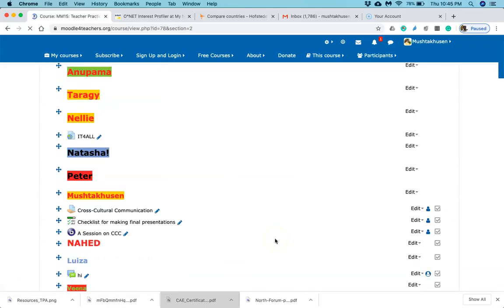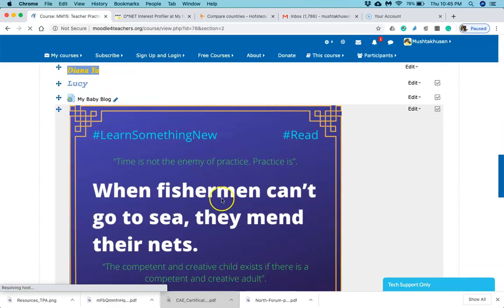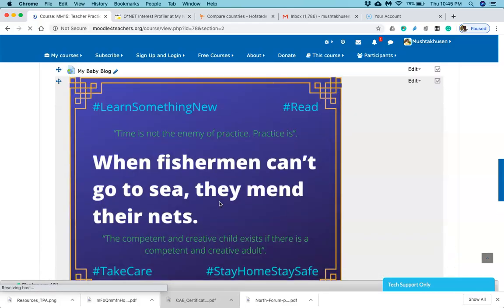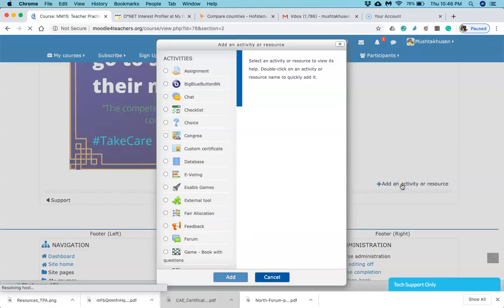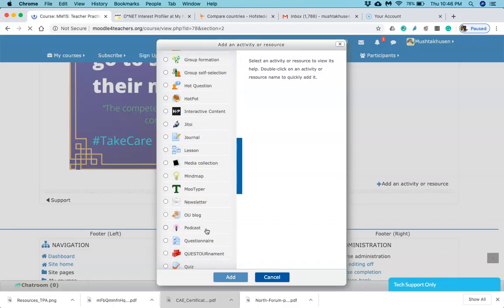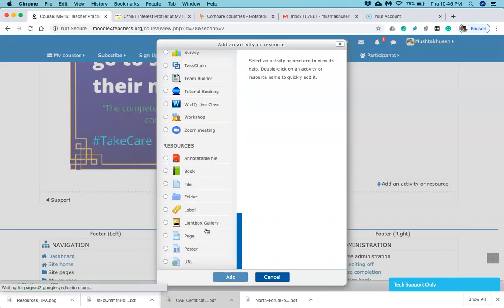Yes, so it is saved. So you can see here, yeah, so I have added it over here, right? So again we shall explore the rest of the resources available in the TPA. What we were discussing was label. Now we are done with label. So similarly you can add even audio or your video too.